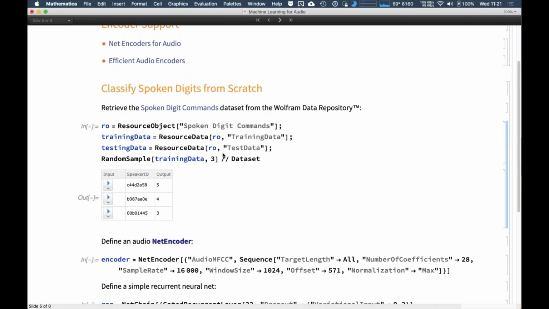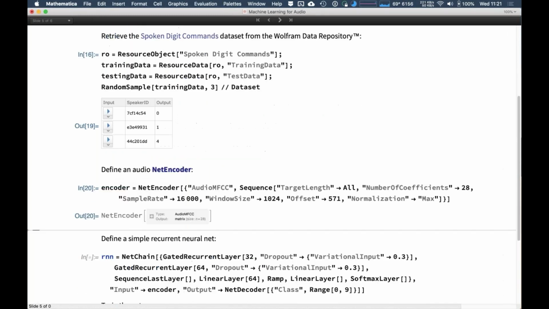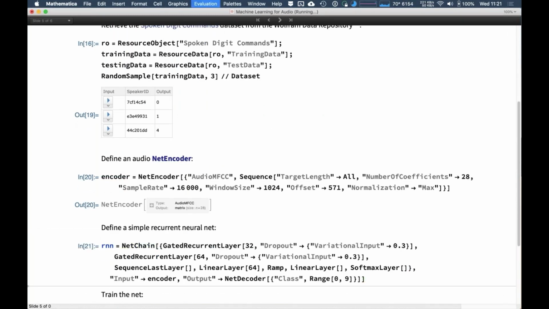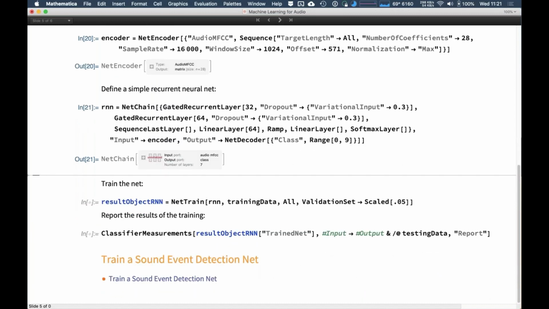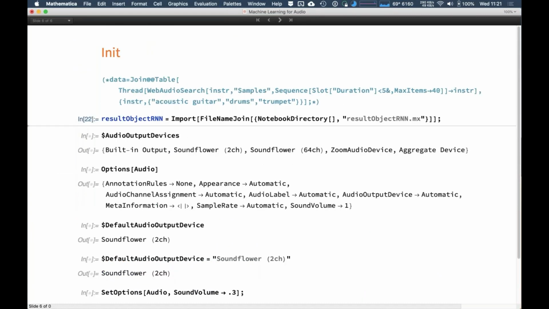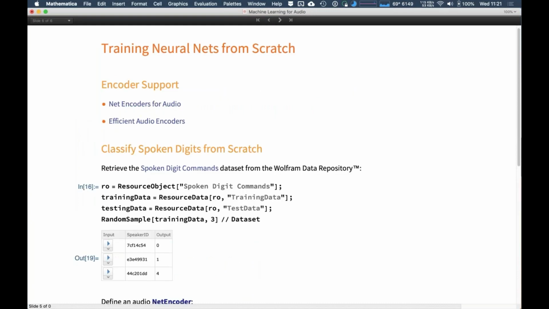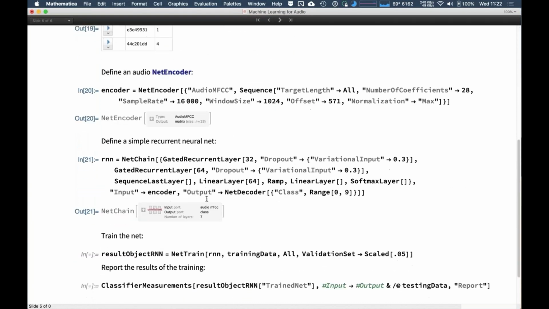Let me just actually evaluate this cell. Sorry, I had to restart my session and all of these were lost. We can define an audio encoder and a simple network. And let me just import the pre-trained network since I already ran this evaluation.